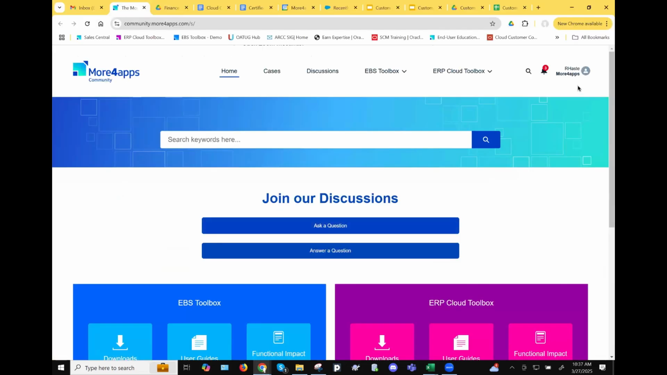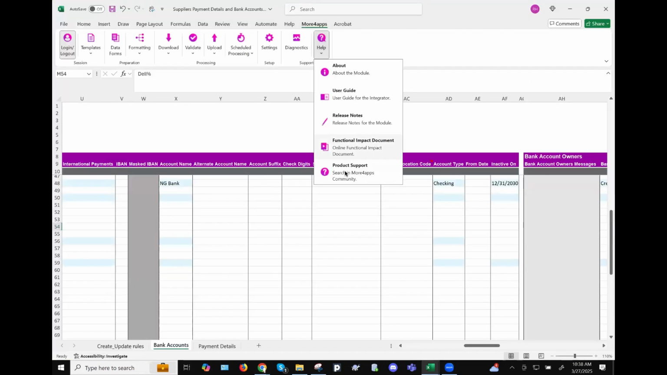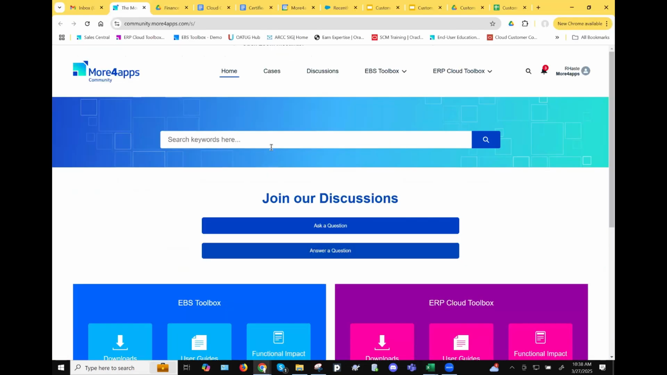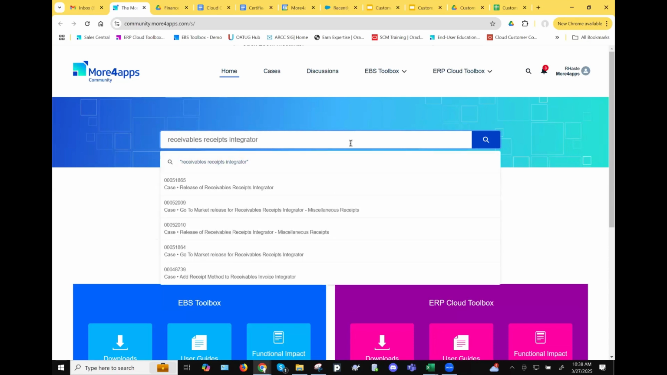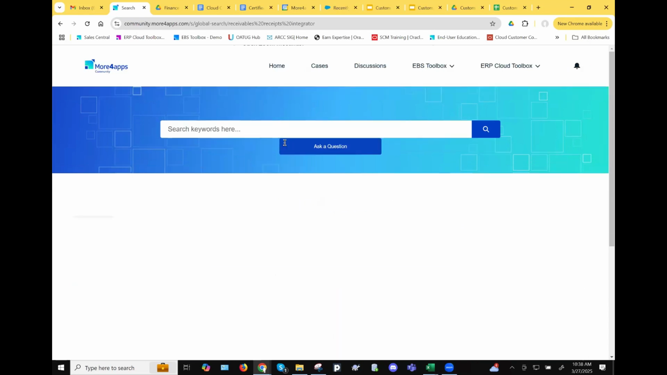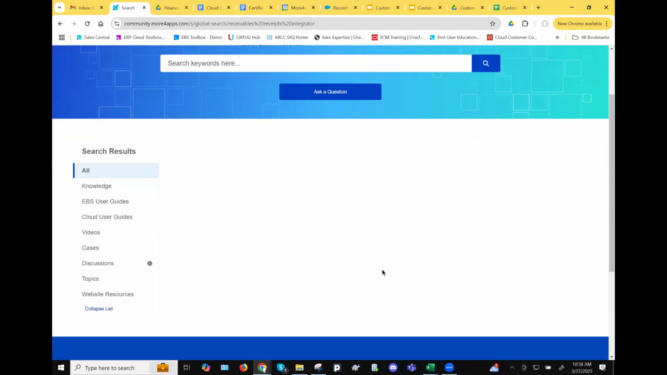Yes. So when I was going into the community, as I showed you before, once you open it from that product support bookmark here, it brings you to this page. And even without logging in, you can look things up here. Let's say I have an issue with receivables, receipts integrator. I just put that in, not even an issue. If there's an issue, you can type that in. But even if you just punch in this, you can get a whole lot of resources here from the knowledge base,